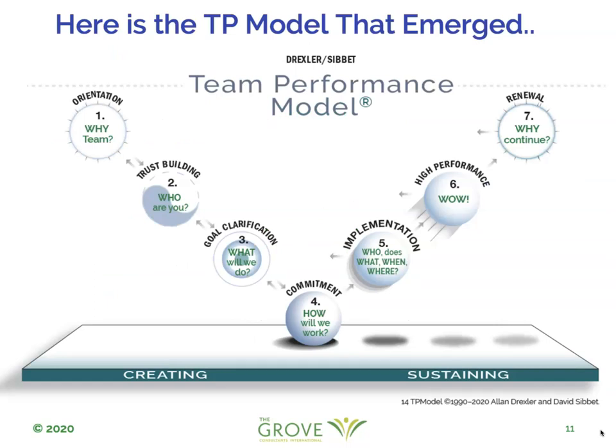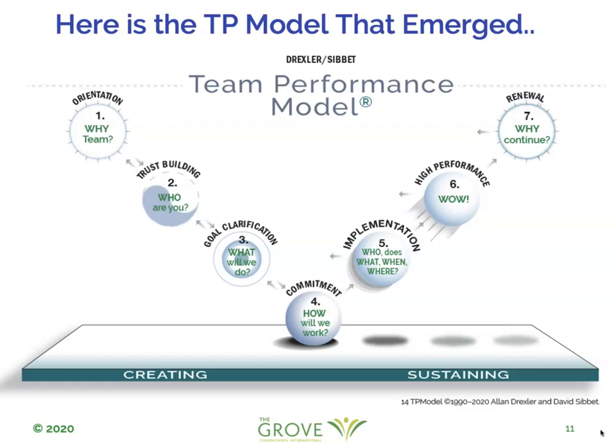Here's the team performance model in its simpler stage. And it is sometimes affectionately called the bouncing ball model because it shows on the creating side how teams move from top-line freedoms to bottom-line constraints and try to figure out, are they really interdependent, needing to commit to working together tightly? And on the right side, how they can sustain performance over time by mastering those constraints.